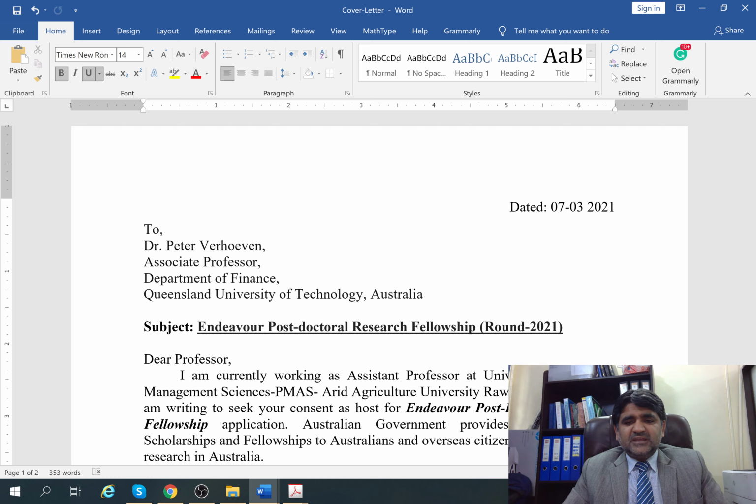And the second part is what kind of documents we are required while we are approaching supervisors or professors to avail the consent. Today my focus will be related to postdoc fellowship. After completing PhD, once we are looking for postdoc, what kind of documents we are required while approaching the supervisor.